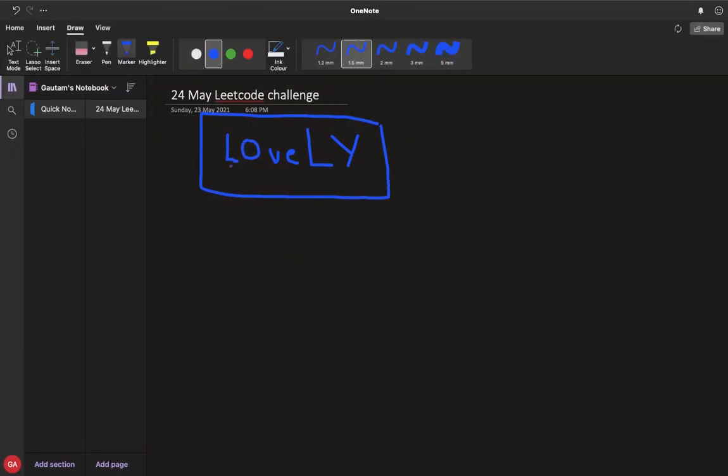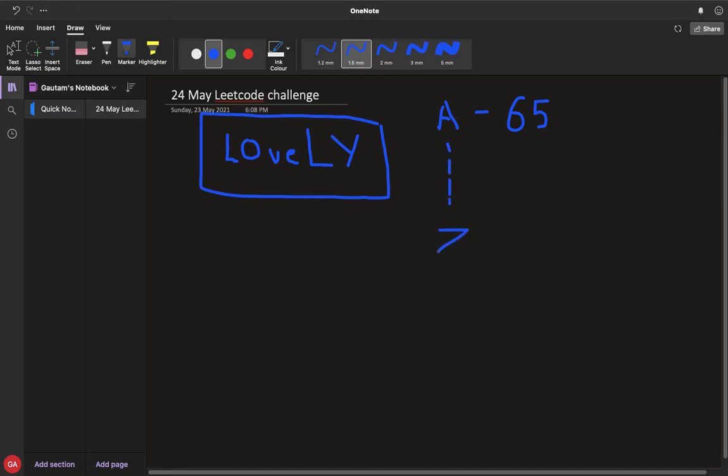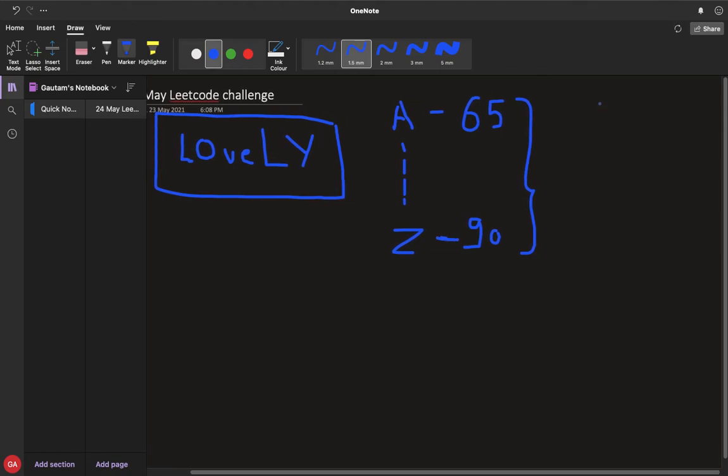So we'll use the concept of ASCII values. Capital A has an ASCII value of 65, and going down to Z it has 90. So there are a total of 26 characters from 65 to 90. The lowercase a has an ASCII value of 97, and lowercase z ranges up to 122.